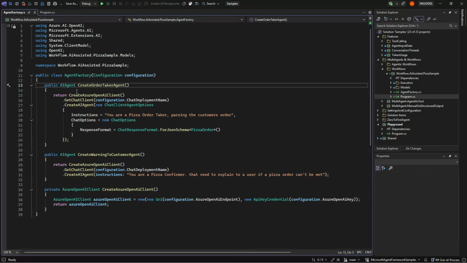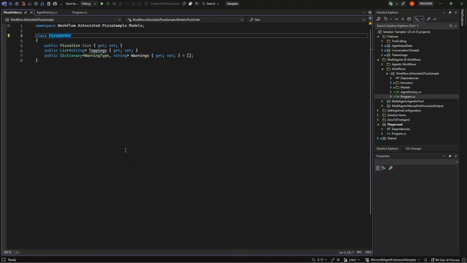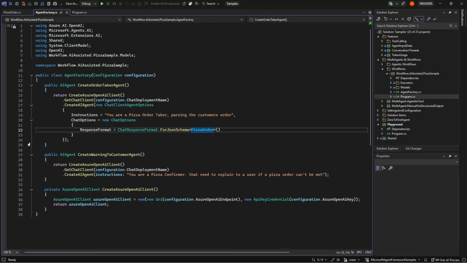One is an order taker, and in this case we're using structured output to get a pizza order, and the pizza order is just something that has a size, what toppings they want, and at some point what kind of warnings there are to this order. So the agent here just takes whatever the customer asks for and turns it into a pizza order. And that's the only thing it can do.